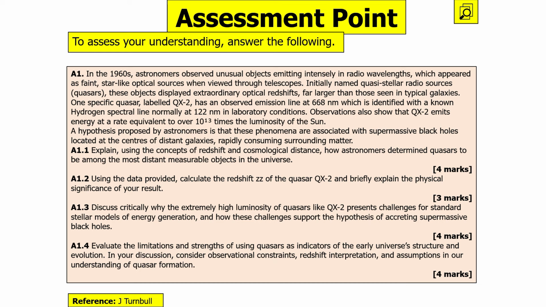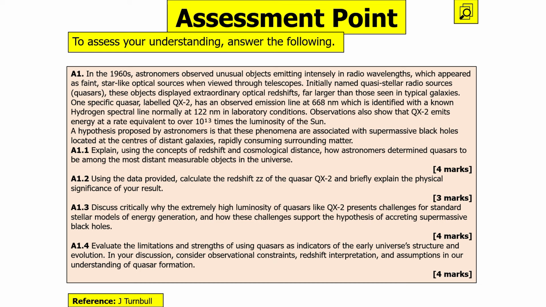Observations show that QX2 emits energy at a rate equivalent to 10 to the 13 times the luminosity of the Sun. A hypothesis proposed by astronomers is that the phenomena are associated with supermassive black holes located at the centre of distant galaxies, rapidly consuming surrounding matter. Explain, using the concept of redshift and cosmological distance, how astronomers determine quasars to be the most distant measurable objects in the universe. Using the data provided, calculate the redshift of the quasar QX2 and briefly explain the physical significance